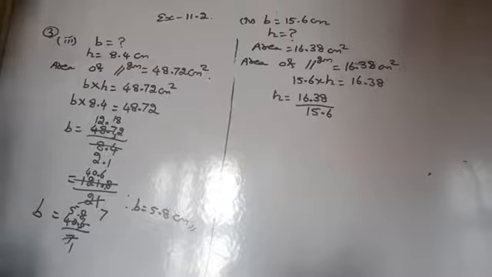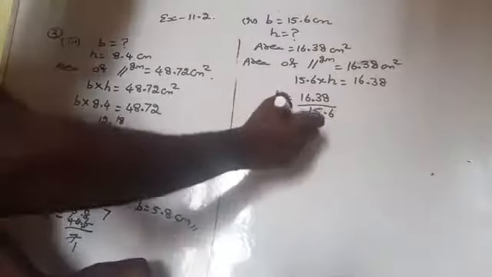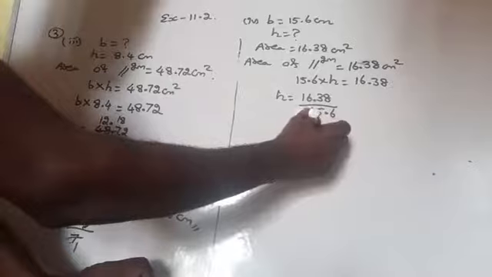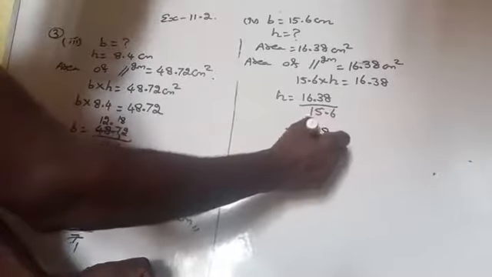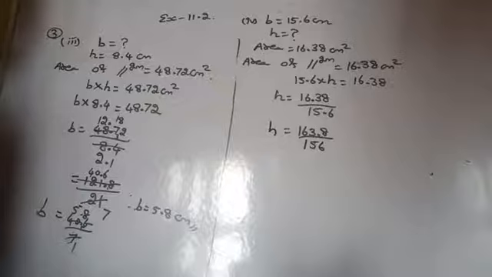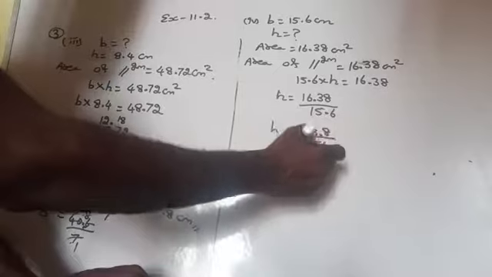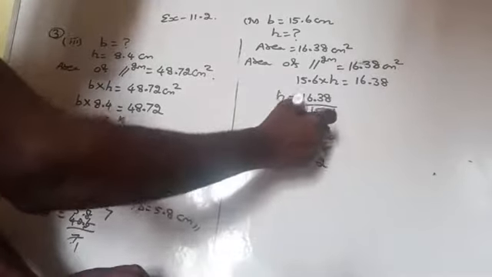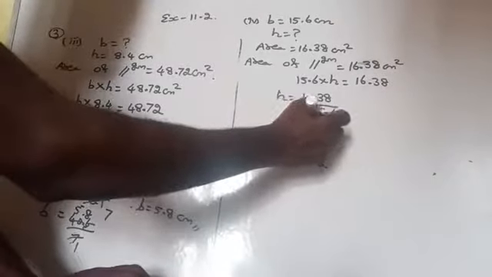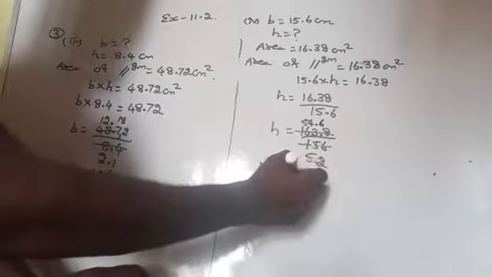Now what can you do? Yes. Multiply by 10 in both numerator and denominator. It will be 163.8 by 156. It is the height. Am I right? Now 1 plus 5 is 6, 6 plus 6 is 12, 7, 10, 18. It goes with the 3 table then. 5 3s are 15, 2 3s are 6, 5 3s are 15, 4 3s are 12, remaining 1, 6 3s are 18. That is h equal to 54.6 by 52.